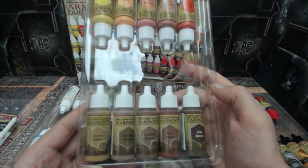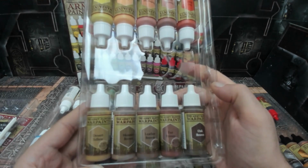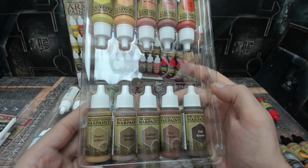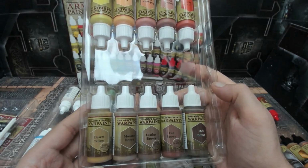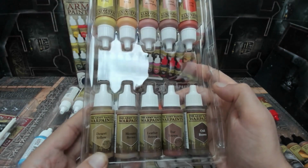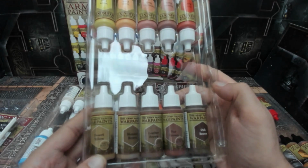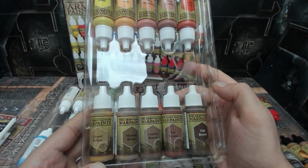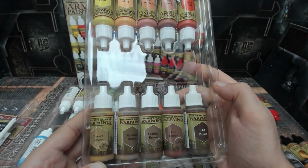So obviously without mixing these up, the actual tone of them is not going to be exactly what we're expecting here. You'd see some of them get a little lighter or darker once they're nice and shaken up. We also see there are little labels on there, like little notes that say 100% match, so that you could buy a specific Army Painter primer can spray and essentially know that these colors will match that